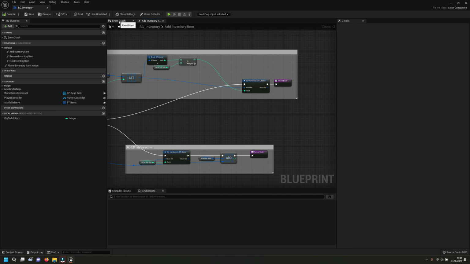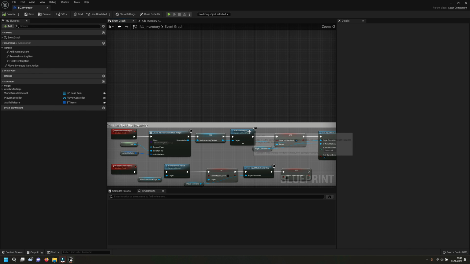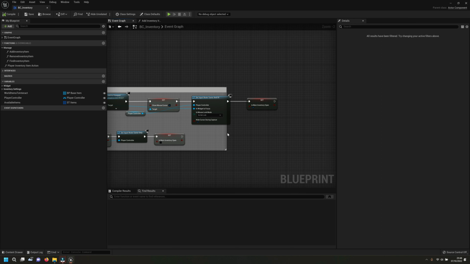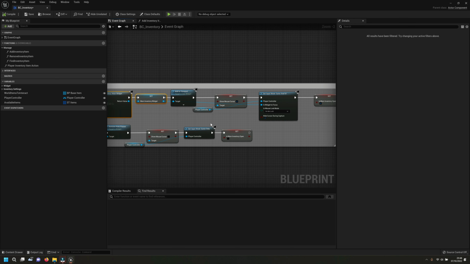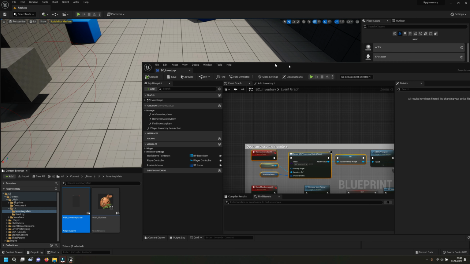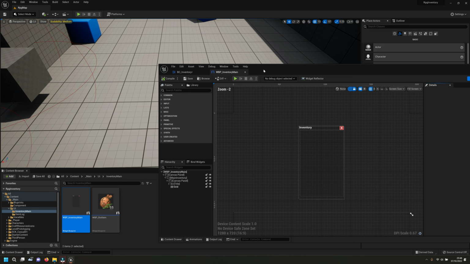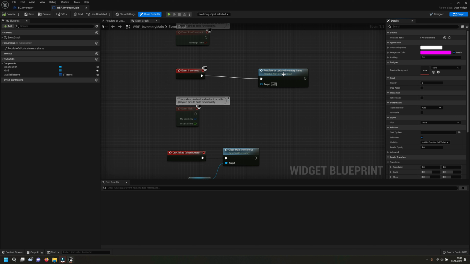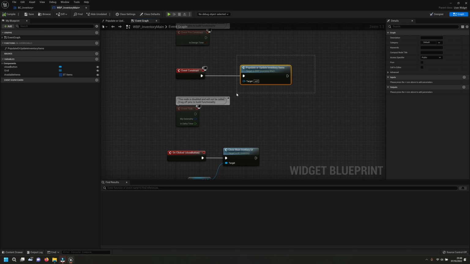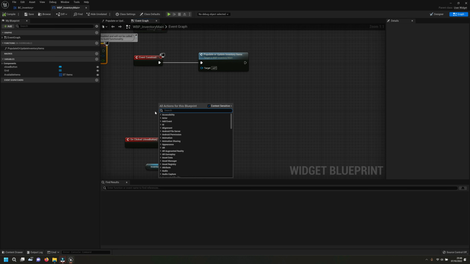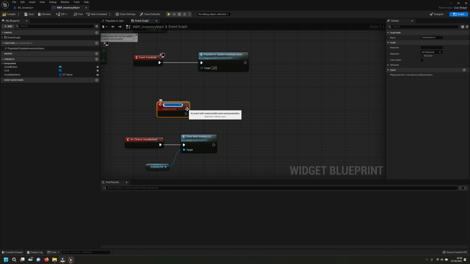If you check in the event graph, we have the place where we open up the inventory and do all that stuff. So you open and close the inventory here. Remember this inventory, if I select this here, that is where we are populating the items. Remember that we have created a function called populate or update inventory items. So what I'm going to do here is right click anywhere else here and create a custom event, and I'm going to call it